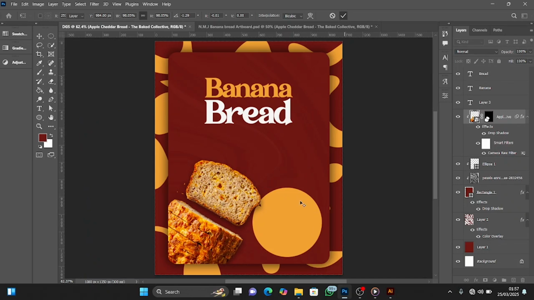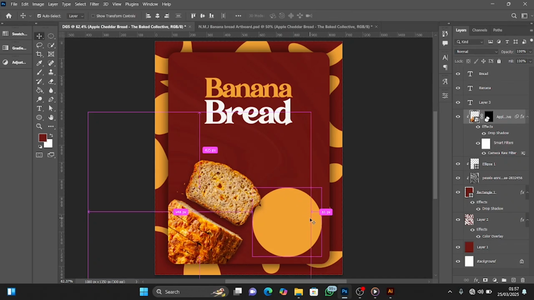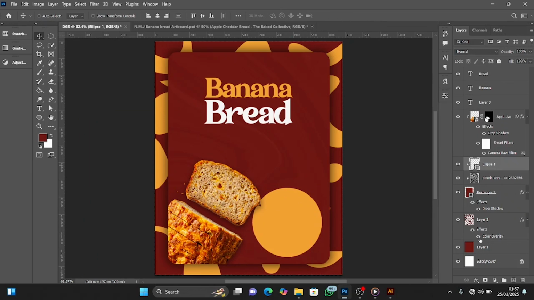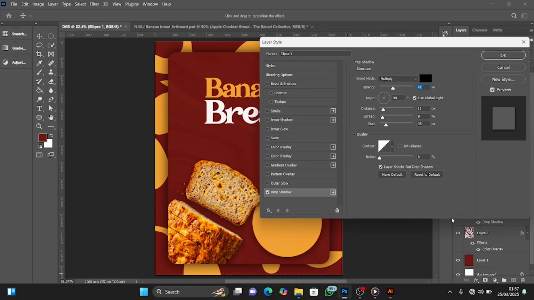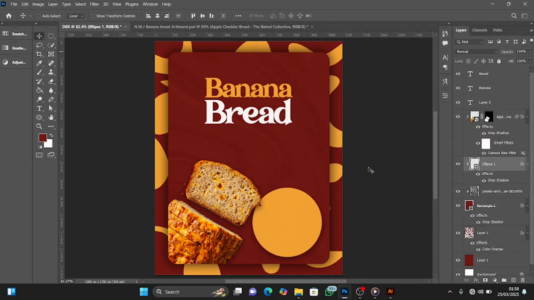Then this ellipse, let's add shadow to it. Go to the ellipse on layer panel, drop shadow. So once you have done that, the same thing, let's just leave it like that. Okay, so you should have something like this. Once you have done that, let's go ahead to add the other